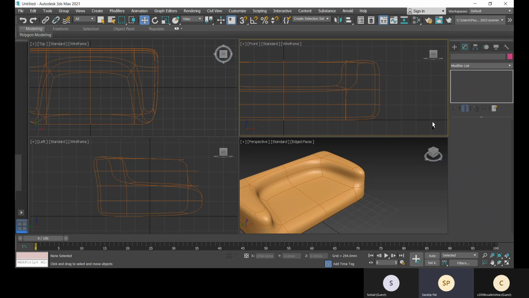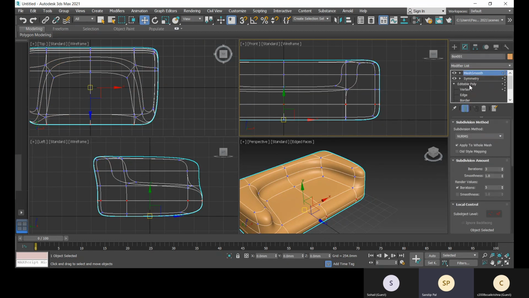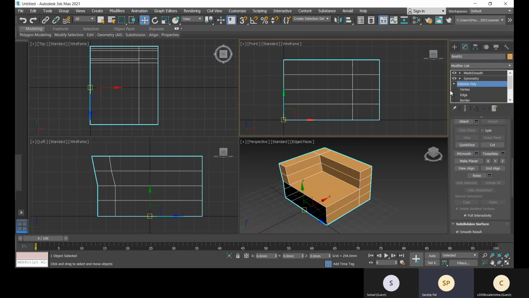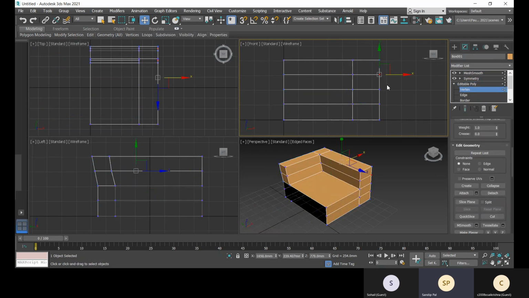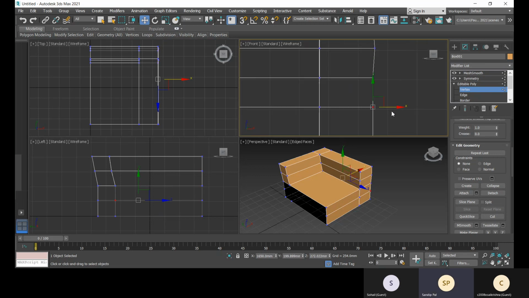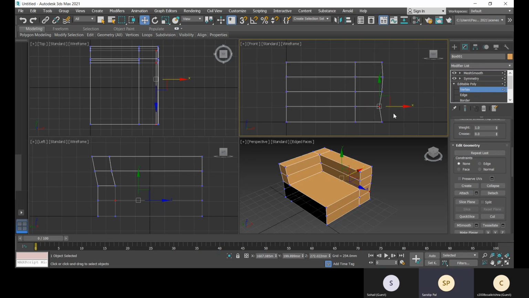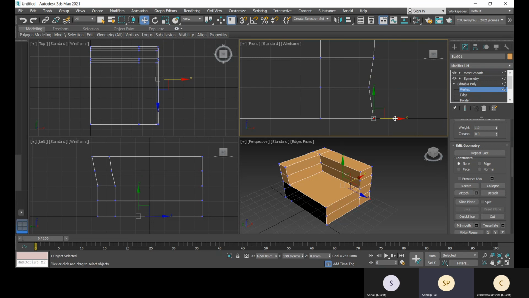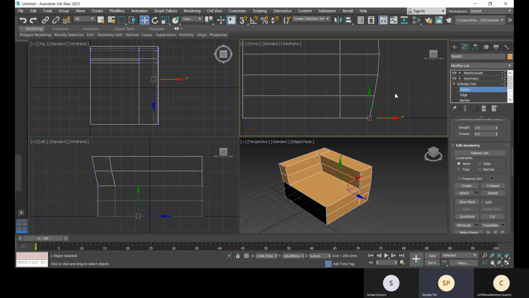Then see, you have to come to this vertex mode. Vertex mode. Select this vertex.